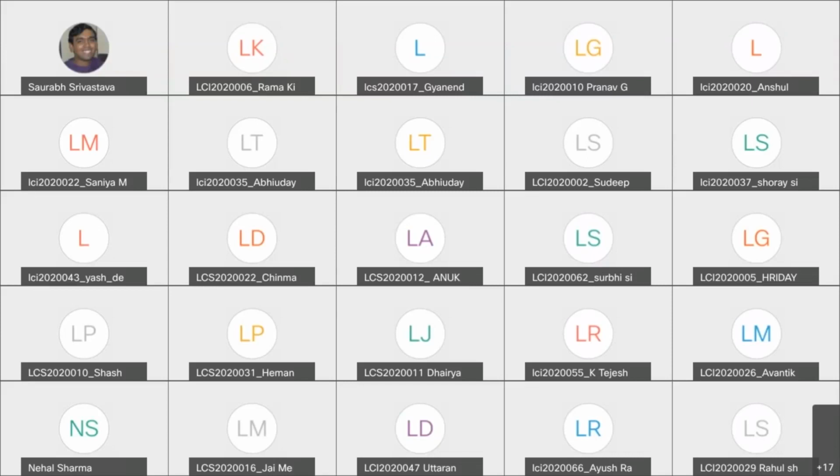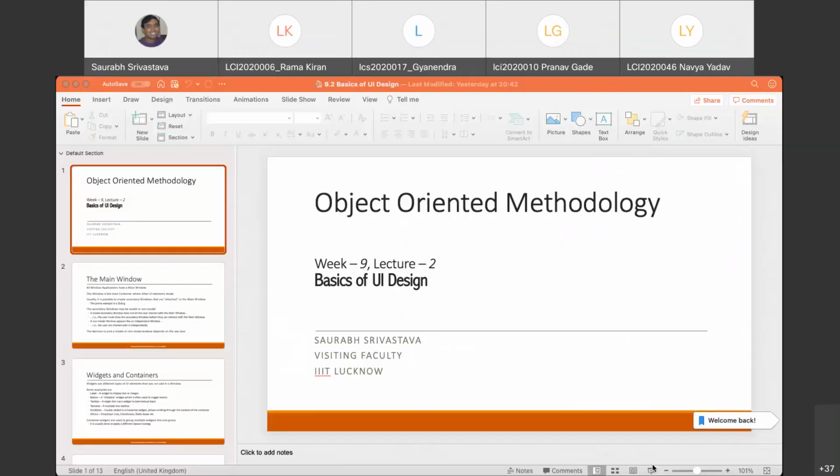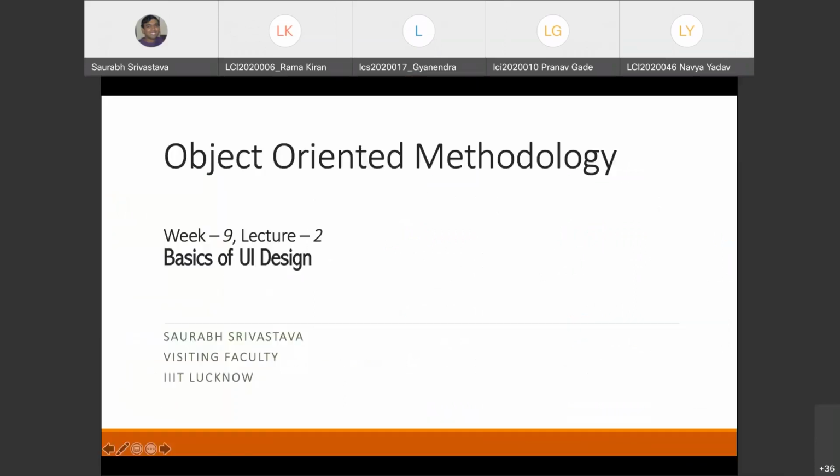Maybe this will be slightly more interesting, I would say, because UI designing is something that I'm pretty sure, at least in the beginning, does look exciting because you are now going to create components which appear on the screen. I mean, you can interact with them. So UI designing is a system building skill which I feel most of you will enjoy discussing.